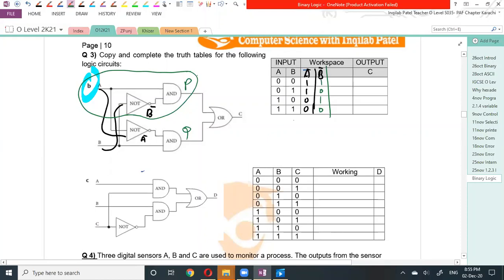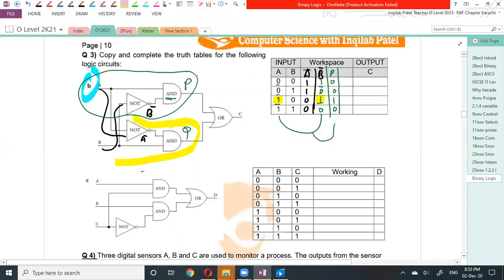So we will consider B naught and A for P. Okay, this is an AND gate. An AND gate says both inputs are 1, then the output is 1. So B naught and A, both inputs are 1. So here the output will be 1. Otherwise the output will be 0. This is Q.